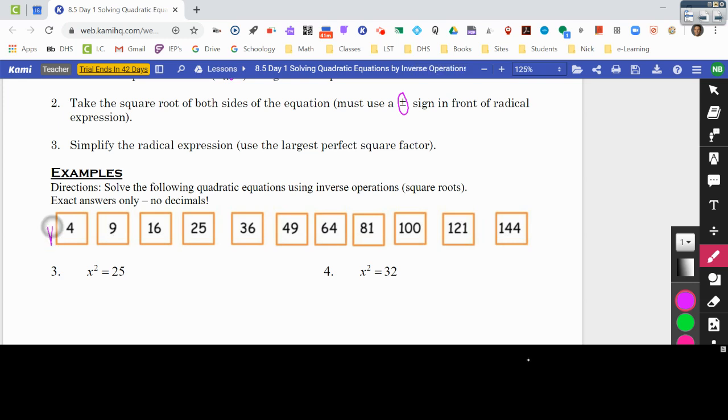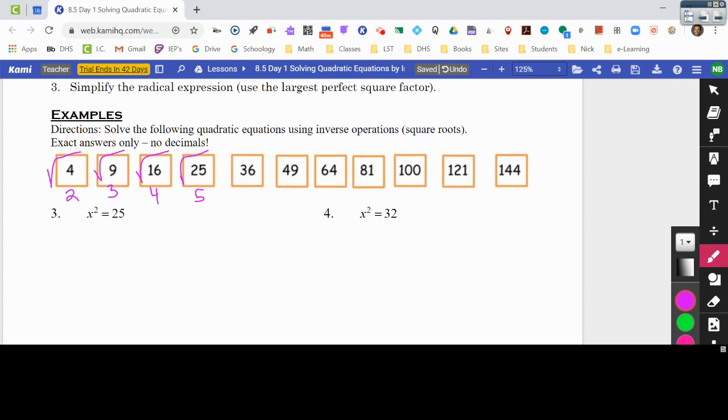The square root of 4 is 2. The square root of 9 is 3. The square root of 16 is 4. The square root of 25 is 5, and so on. So these numbers here in the squares, those are your perfect square factors that we need to find when we're simplifying radicals. All right, so the directions say to solve the following quadratic equations using inverse operations or square